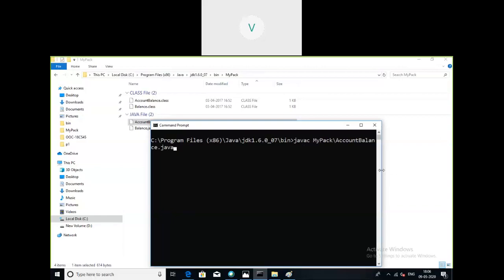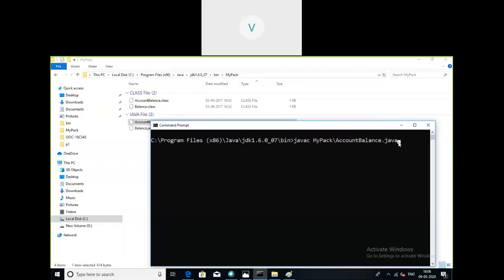So this source file I am trying to compile. Once we compile, we'll get the bytecode of the class. Right?